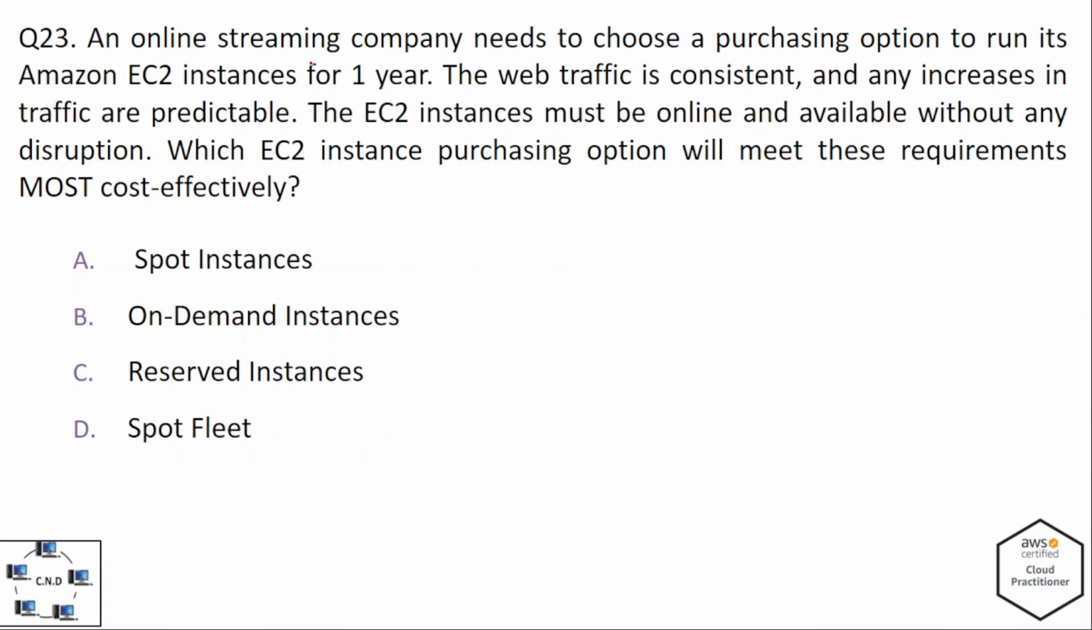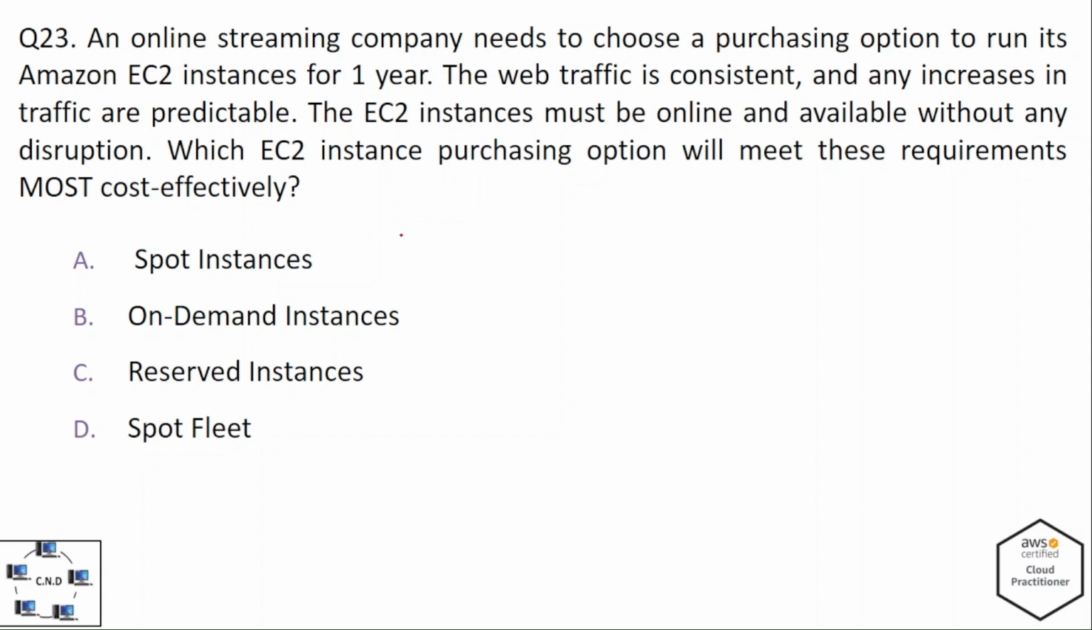Question number 23 is: an online streaming company needs to choose a purchasing option to run its Amazon EC2 instances for 1 year. The web traffic is consistent and any increases in traffic are predictable. The EC2 instances must be online and available without any disruption. Which EC2 instance purchasing option will meet these requirements most cost-effectively? The options are A. Spot Instances, B. On-Demand Instances, C. Reserved Instances, and D. Spot Fleet. And the correct option is,